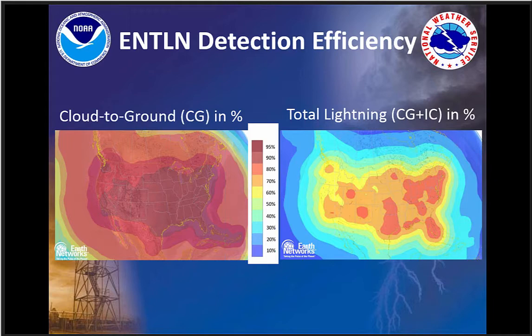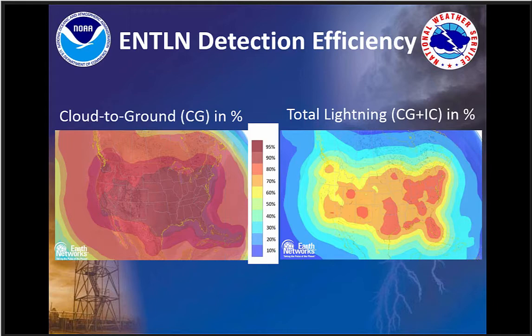And you can see that in the deep red there, it's pretty much 95% over most of the central and eastern U.S. and much of the west. And then it kind of tails off somewhat due to terrain and station spacing and availability. So it is a little more challenging in the west,